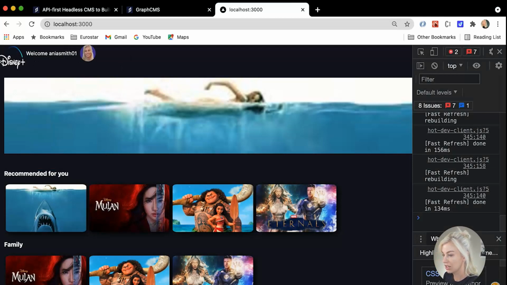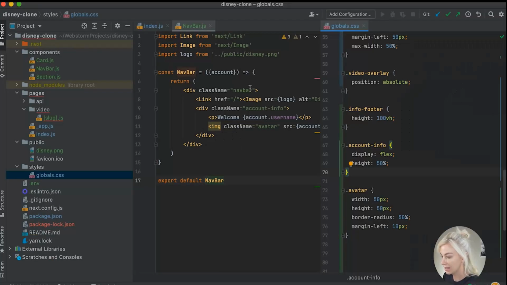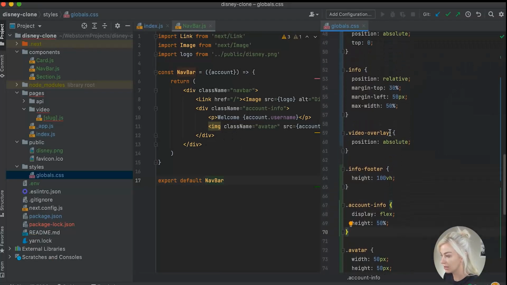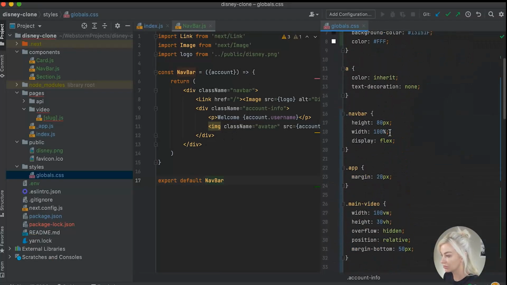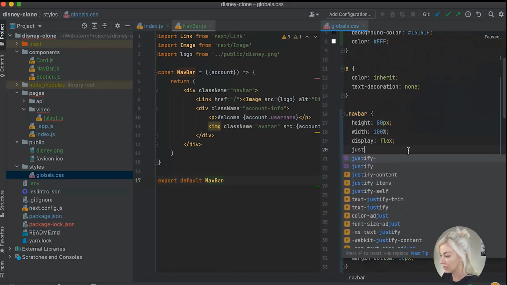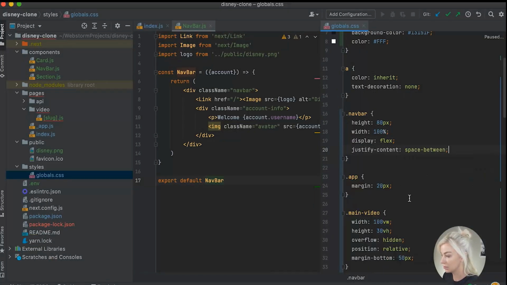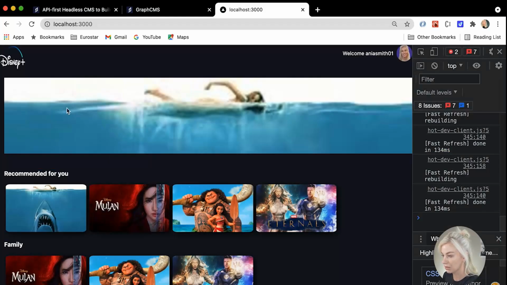And now let's actually just space this out in between. So what is that in? That is in a nav bar. So let's find the nav bar. And I'm going to do justify content, space between. Wonderful. And of course, that could do with some more styling, but we're going to leave that because we have